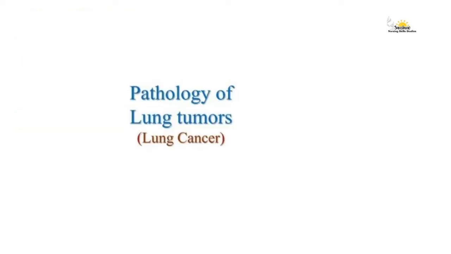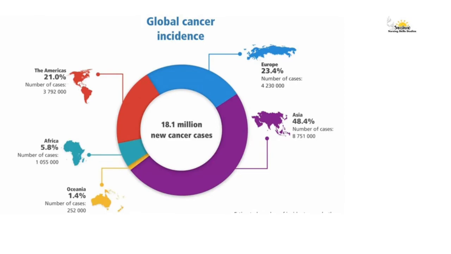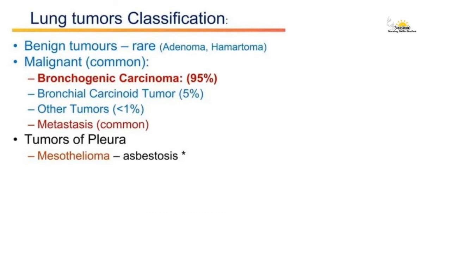Now let's move on to understand lung tumors. It is an abnormal rate of cell division or cell death in lung tissue. Lung cancer is one of the most common and fatal cancers. It kills more people than breast and prostate cancer. It is seen in developing countries and the most common cause is smoking. Here are some of the incidence rates seen all over the globe. Some of the classifications of lung tumors include benign tumors, which are very rare, malignant tumors, which are common, and tumors